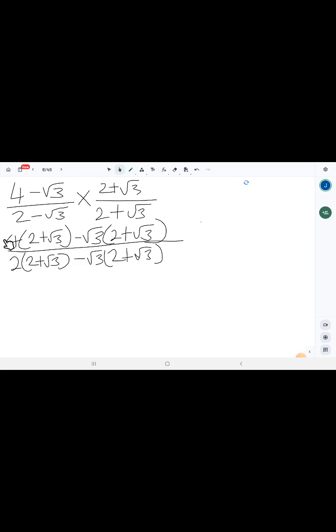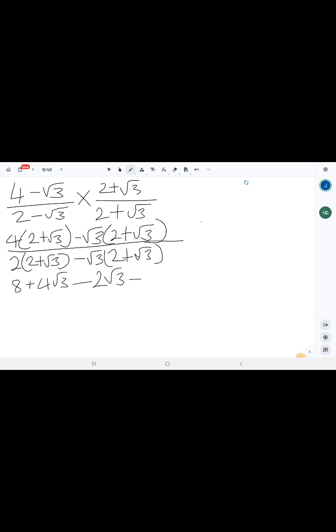Now I'll open my bracket. 4 times 2 and also 4 times root 3. 4 times 2 would give me 8 plus 4 root 3, minus root 3 times 2, and I also multiply minus root 3 times plus root 3. And so minus root 3 times 2 would give me 2 root 3, and also minus root 3 times root 3 would give me square root of 9, which is also 3. So I'm just going to write my 3